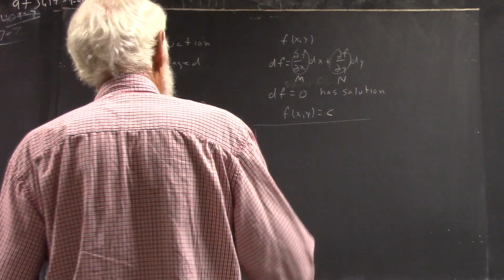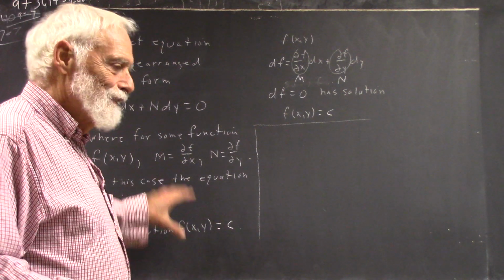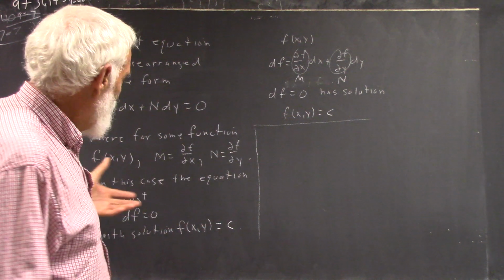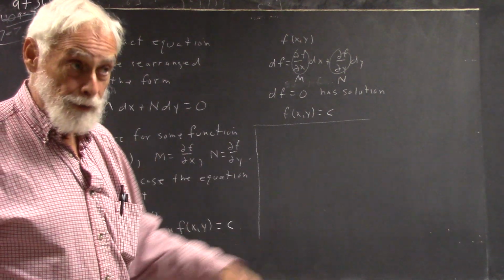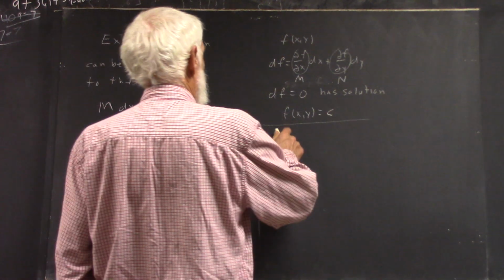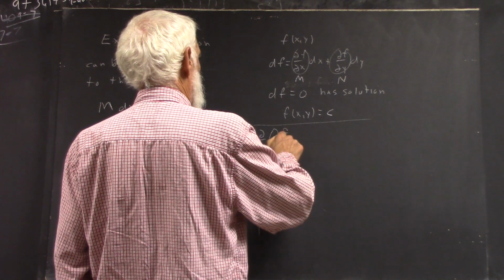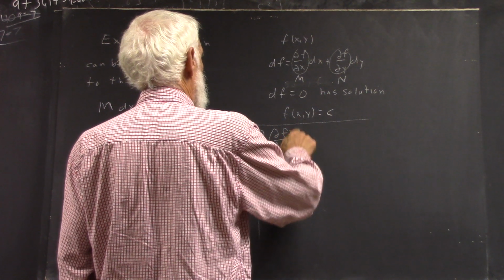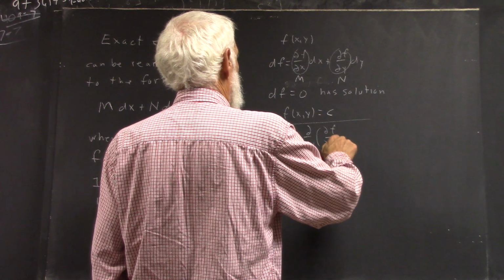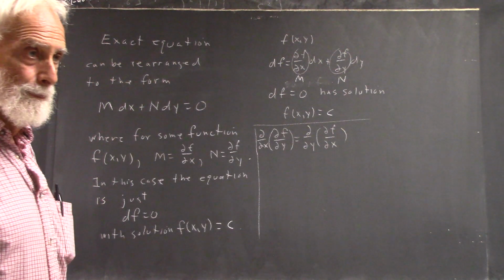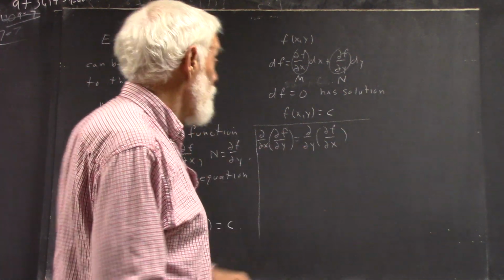Okay, now I went to making up a problem, and I didn't talk about what I was thinking about, okay? We're not quite done here, okay? Now, we talked about it last time, that the partial with respect to x of the partial of f with respect to y equals the partial with respect to y of the partial of f with respect to x. Okay? In other words, it doesn't matter which partial derivative you do first, it comes out the same. Okay? Well,